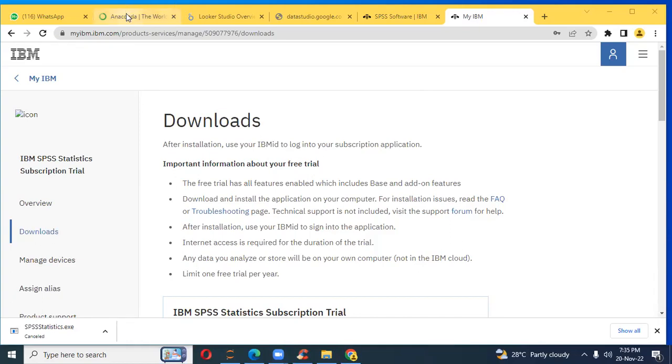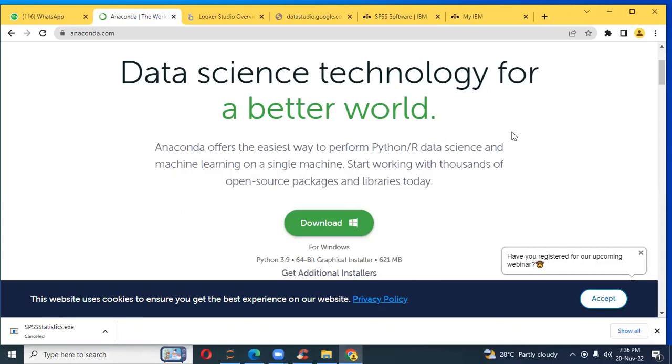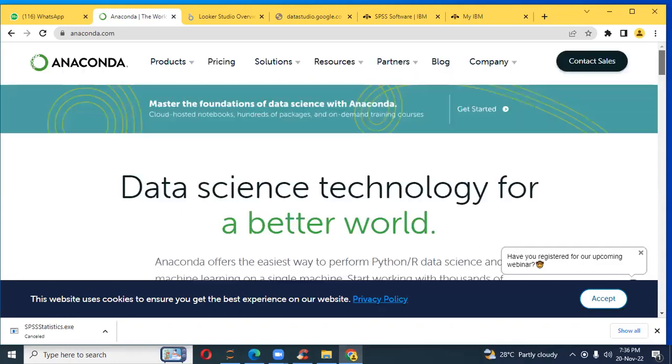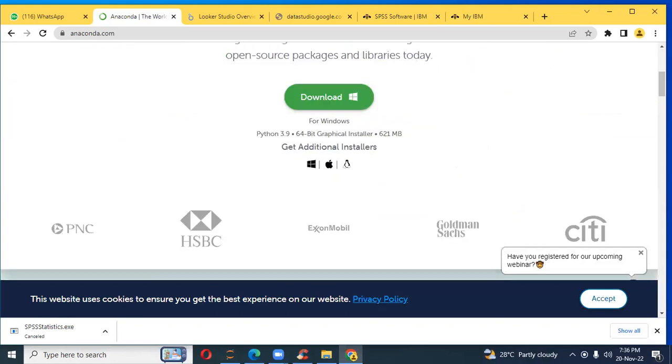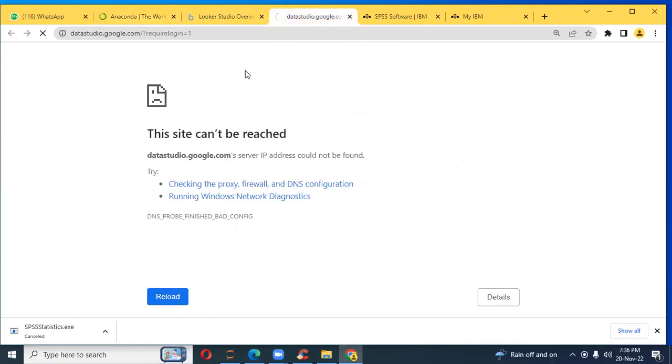So I'll be providing record for this training so that you can also watch it after the program. Now, for Anaconda, you don't need to do any registration. It's an open source software. You just go to anaconda.com, download it, and you have a copy. For Google Data Studio, you just need to have a Gmail account, and you can log in and you can use the